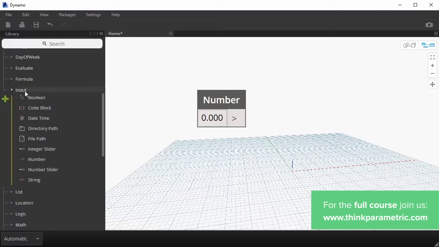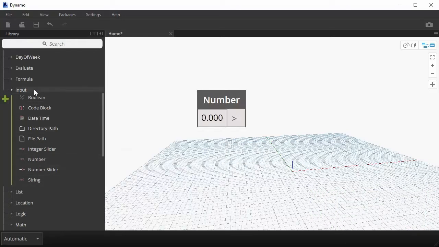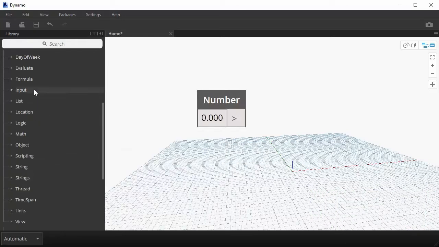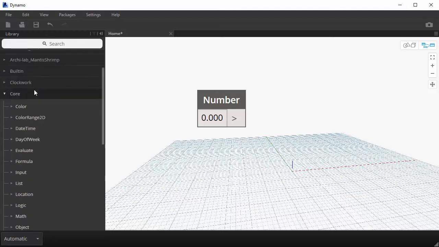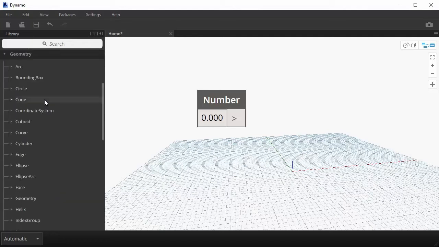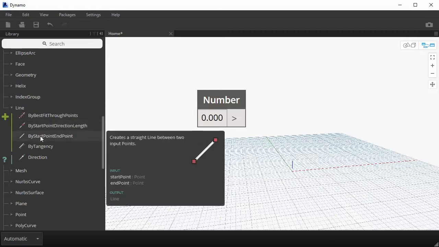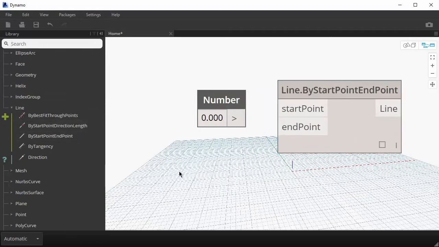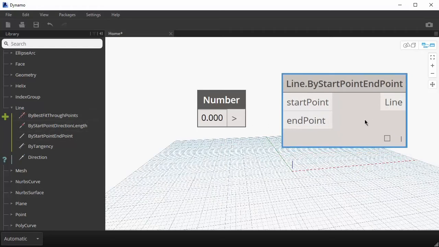You already saw input. It has a couple of basic data types in it that you're guaranteed to use in every definition. In the intro page, I also used insert for something from the category of geometry. So this is where any DesignScript geometry and the Dynamo geometry will live. And I believe we're using a line, so I was actually navigating to this section to create a line. And anytime you click on any one of those items, a node will appear on canvas.